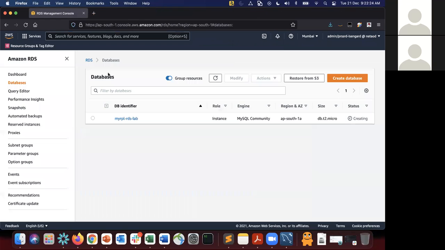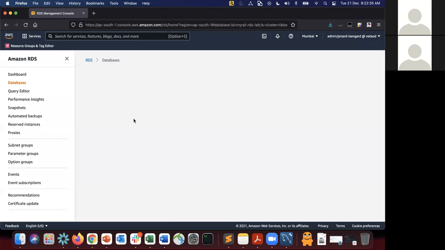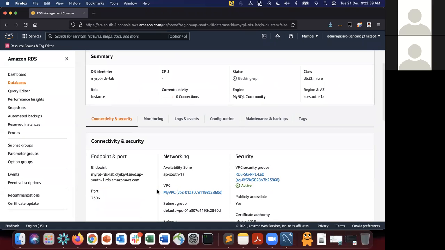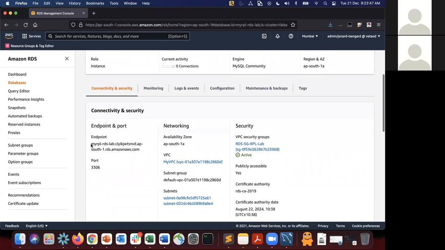If you just go back to the RDS console and refresh this, it's actually created, but it's doing a first time backup. But I think it's created, right? Once the status comes to backing up, it means that the database is active. Okay, it's available, it's online. So this is the endpoint that you have to use. This is the public endpoint that you have to use. So copy this public endpoint,